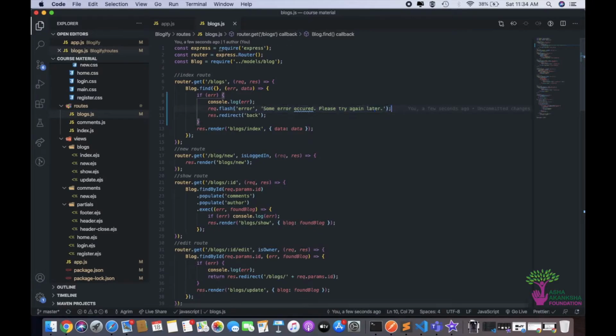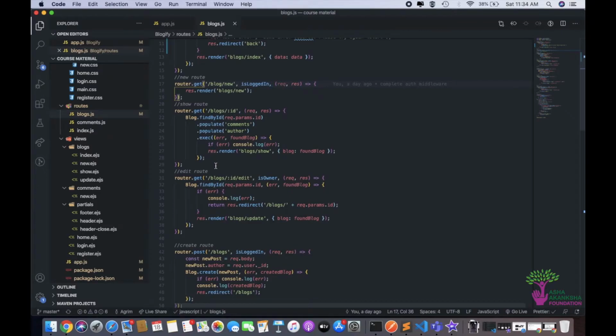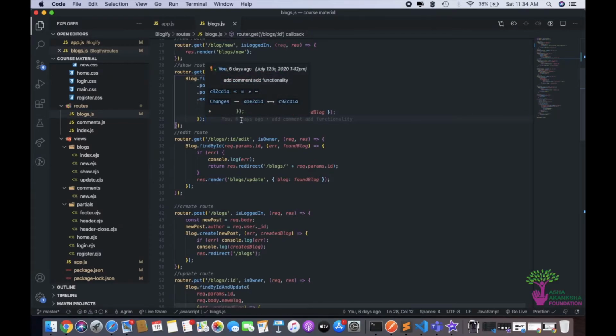Great. So this should ideally be the error when we are doing this, right? Next, if we are going to /blog/new, we don't need to display any error messages. If we are inside /blog/id and we are printing everything out, we don't need to display any messages. We were not rendering, so we don't want to do anything when we are rendering this specifically, right? And